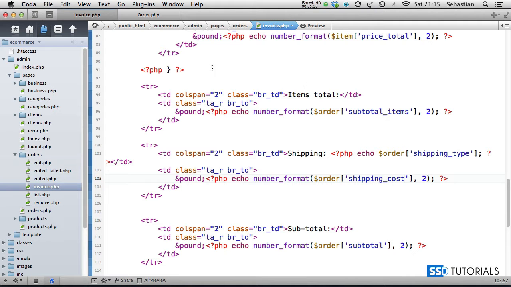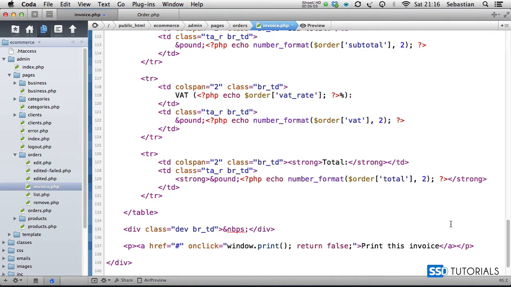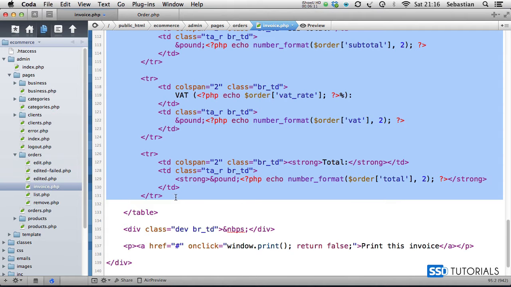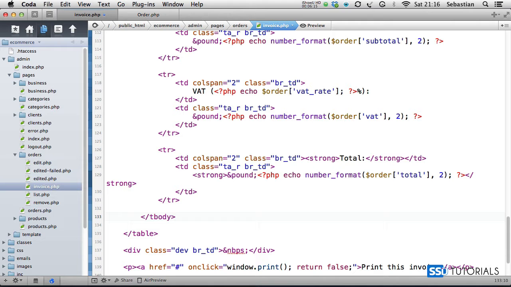One last thing we need to do before we finish this video. After the closing PHP tag there, before the items total, let's create the tBody tag with the class summary section. And then let's wrap all these summary items within this tag. So if we select everything down to the total, and indent it, now close the tBody tag,